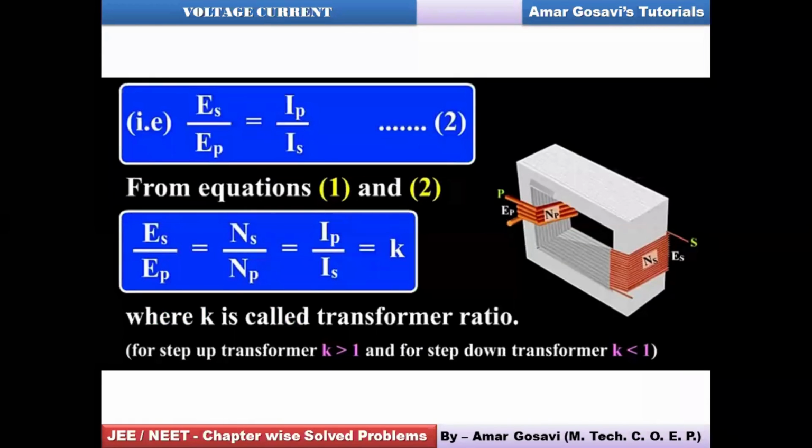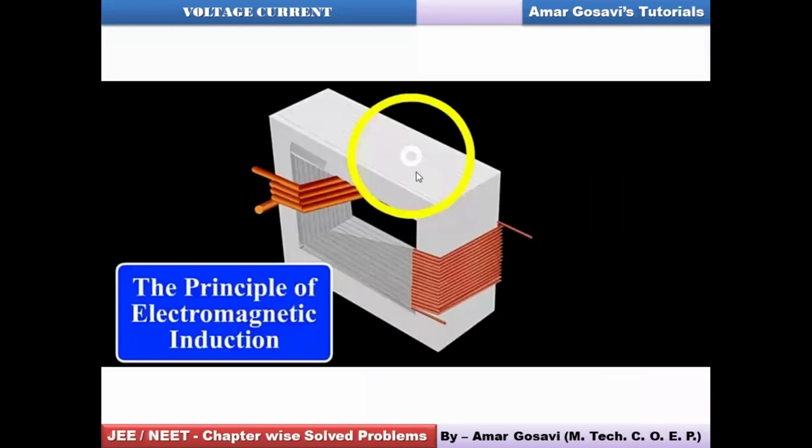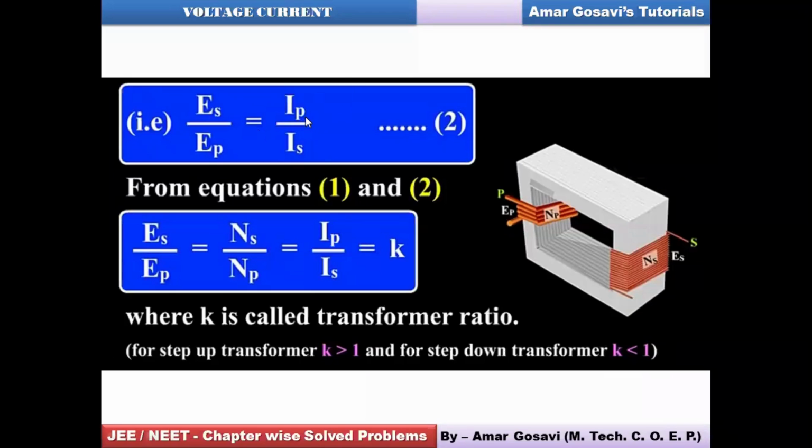Now under the given circumstances, you can see we have the ratio ES by EP. ES stands for the EMF across secondary and EP stands for EMF across primary. So you can see the equation which can be framed over here will be IP by IS. Now what is IP over here? IP stands for the current flowing through primary because of EP, and IS stands for the current flowing through secondary. Now if you form an equation over here, you can see ES by EP will be equal to NS by NP. That means ES will depend on NS.